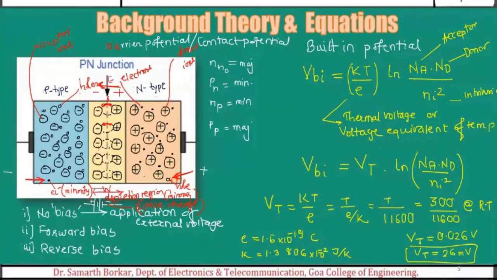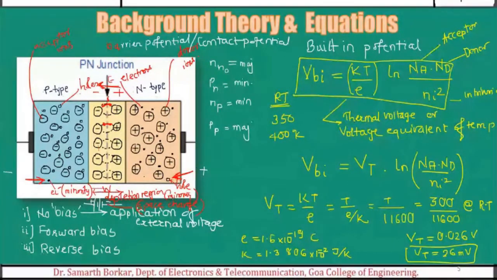Now when you are proceeding with the problems, you need not substitute the value of kT by e every time and get the value of Vt. It will be constant for a given temperature, at 300 Kelvin. Mostly either the word room temperature will appear in the numerical, or the temperature will be 350 Kelvin or 400 Kelvin. Okay, there are just two sets. So if it is 350, then I need to take this value of T as 350 and get the equivalent value of Vt. So it will be somewhat similar. Fine. Now this is the all-important equation that we're going to use today.